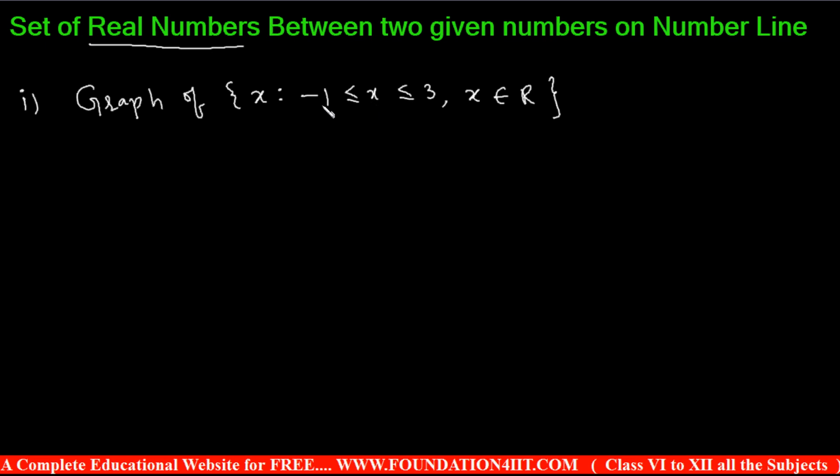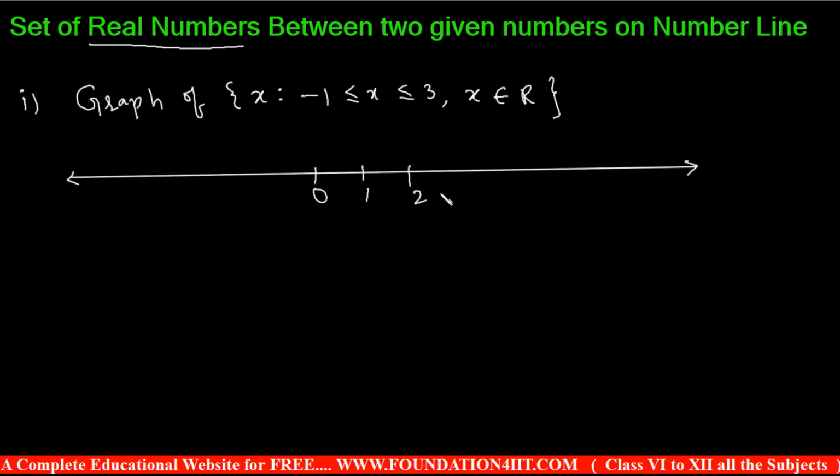So x is equal to even -1 and 3 also, but including all this, because -1 is less than or equal to x, x is less than or equal to 3. Previously we discussed only natural numbers, whole numbers, integers. Now for this topic, take the number line. Okay, 0, maintain the same gap, 1, 2, 3, 4, and so on, -1, -2, -3, and so on you can write. So here x is between -1 and 3, including -1 and 3 also.